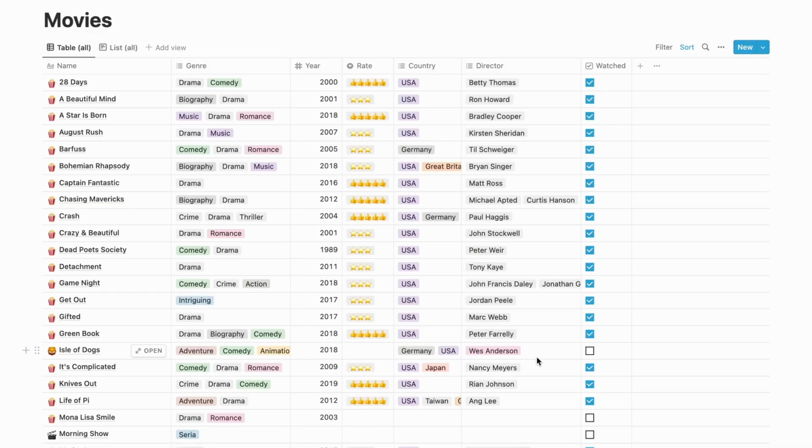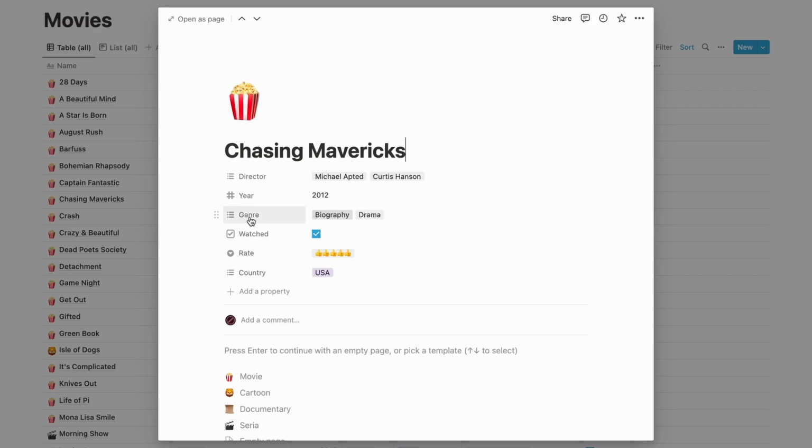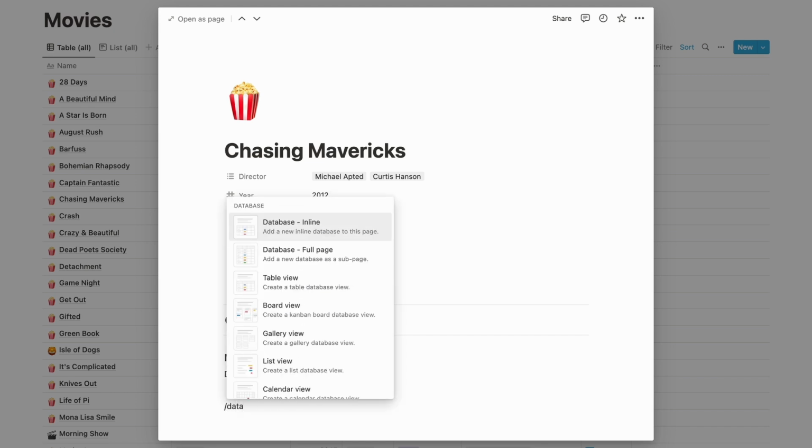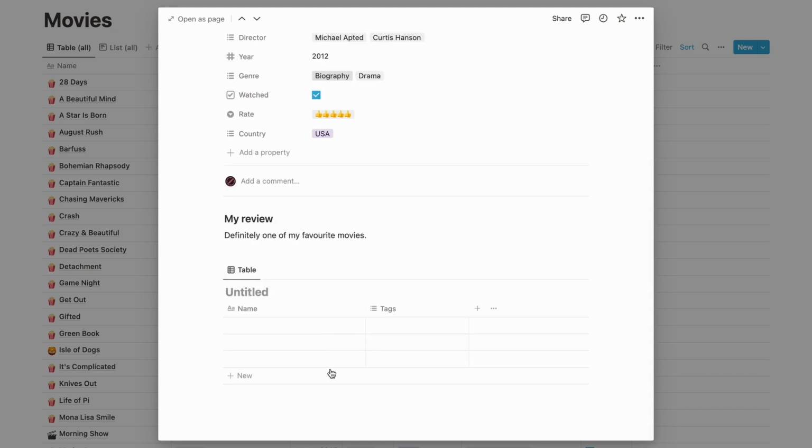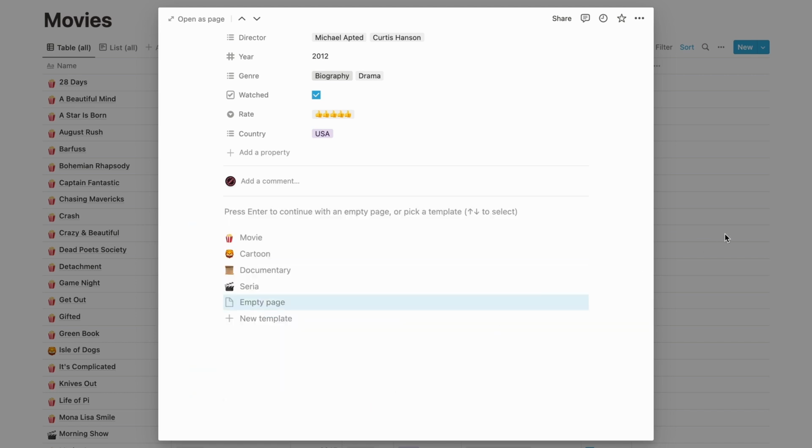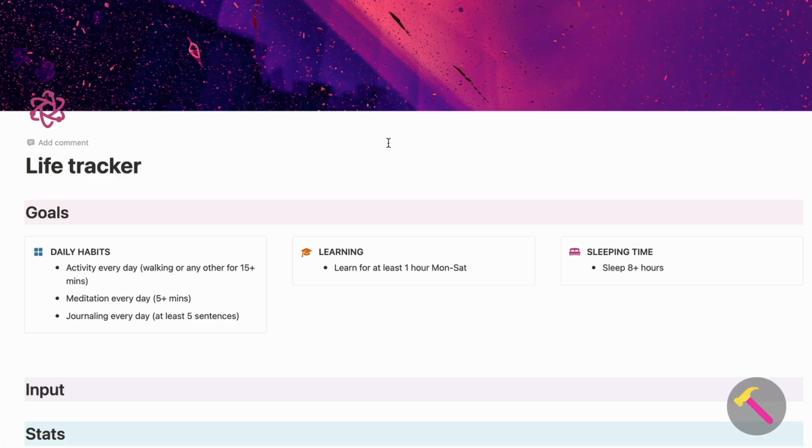Also, unlike Google Tables, every database record in Notion is actually a separate page. You can open it, add some content into it, and edit it as any other Notion page. You can even put another database inside, so Notion gives you huge freedom in structuring your data. From my experience, when it comes to tracking something in Notion, you will end up creating at least one database. So I invite you to create a database that will serve for tracking your goals defined in the previous